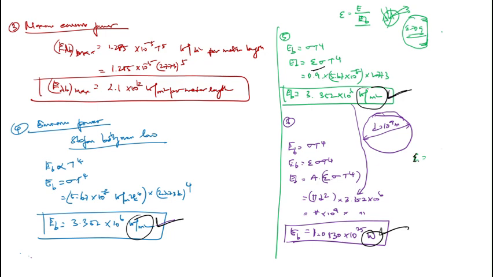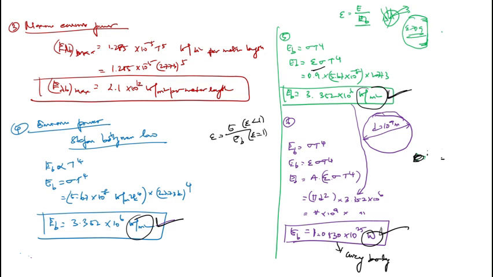So epsilon is equal to the emissive power of the given body divided by the emissive power of the black body. For a black body, the emissivity is 1. So for a real body, the emissivity is less than 1. This is the condition. We can call it a gray body